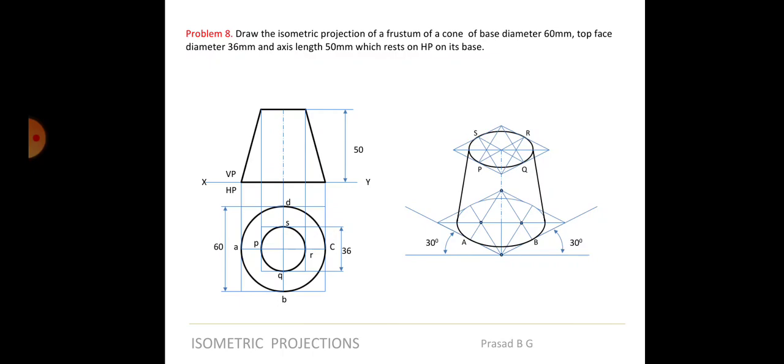But at the same time, go to your question bank, and I feel question number 1, question number 2 and question number 8 can be easily done, because they are all related to cubes only. So those problems can be done. Because we have classes only once in a week now, right? I understand on other days you have other work to do, but Saturdays and Sundays you will be free anyways. But please take time to complete all the isometric problems also, first of all complete your solids and then complete the isometric problems, hand in hand.